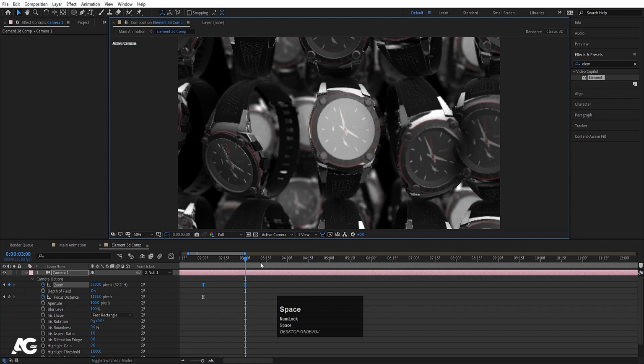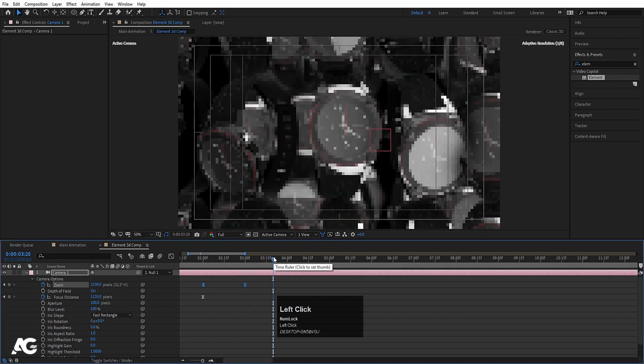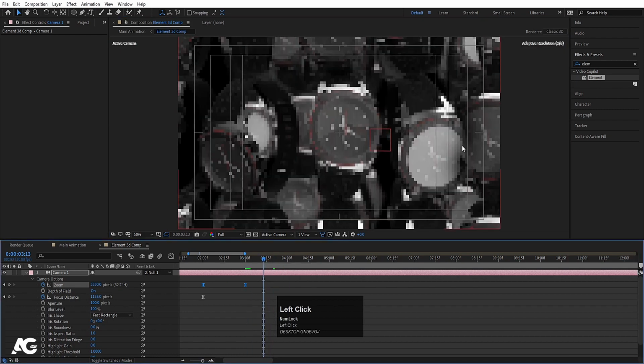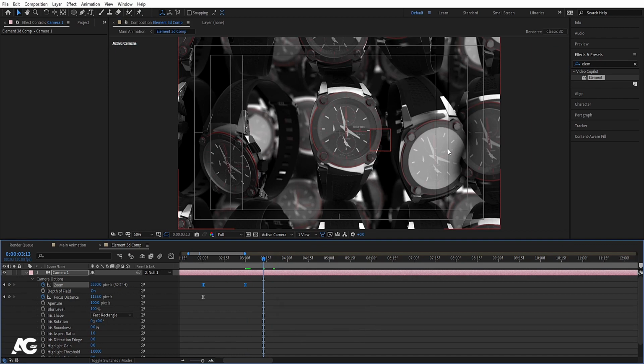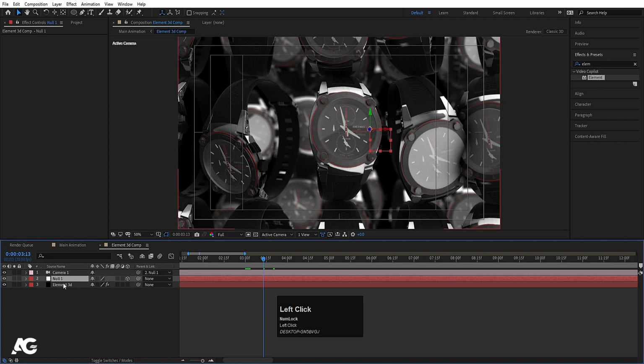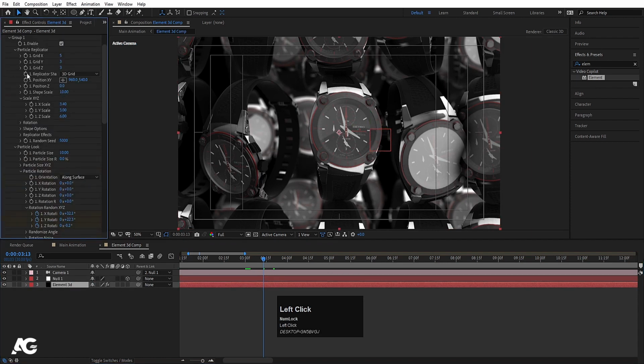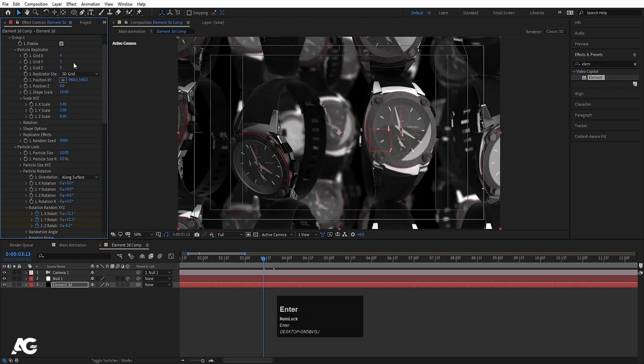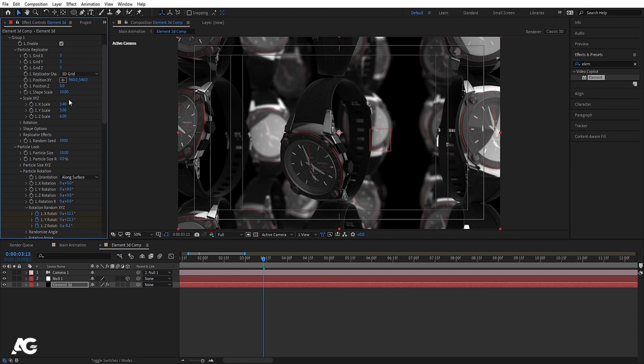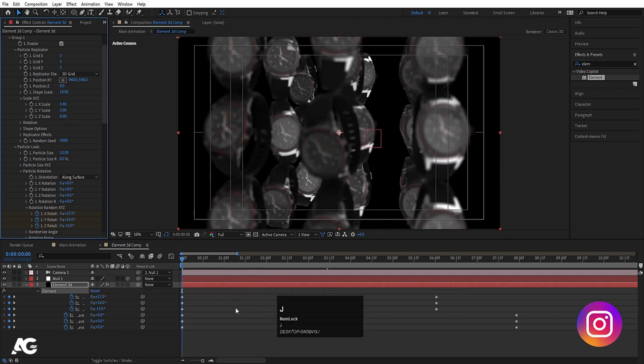Let's see it in full resolution. You get something like this. If you see over here, as you can see, we are getting some intersections. So to get rid of it, select this, go to group one, and if you want, you can decrease the number of these things to, let's say, 3, like that. Hit U, go over here